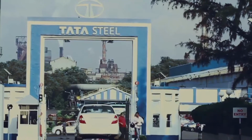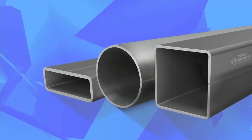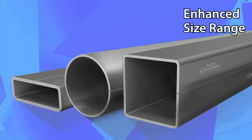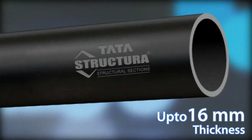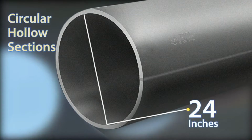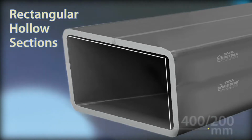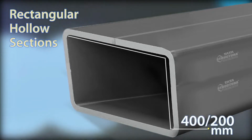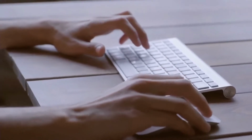From the state-of-the-art large dia pipe facility at Khopoli, Tata Structura now offers an enhanced size range of tubes, which can be given up to 16 mm thickness, circular hollow sections up to 24 inches, square hollow sections up to 400 by 400 mm, rectangular hollow sections up to 400 by 200 mm, giving architects even greater freedom and flexibility